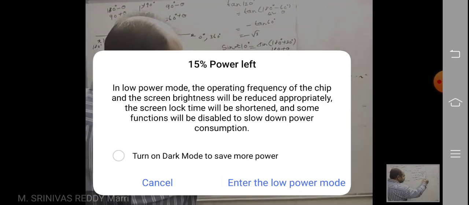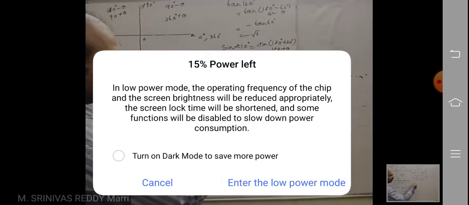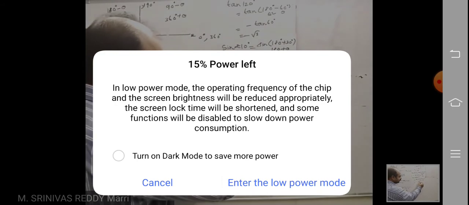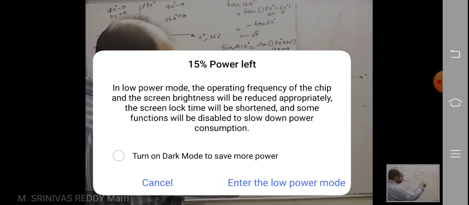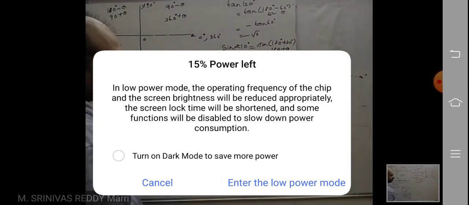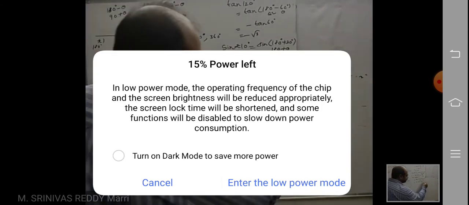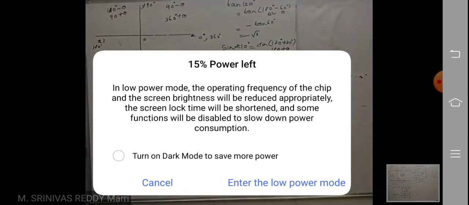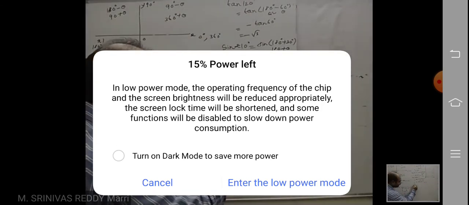180 plus 45 degree. So 180 plus theta. Immediately I will write tan theta. This is nothing but tan theta. 180 plus theta is in the third quadrant, and tan is what? Positive. So plus tan 45, which means the value is 1.